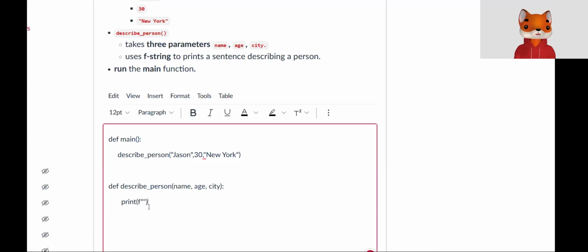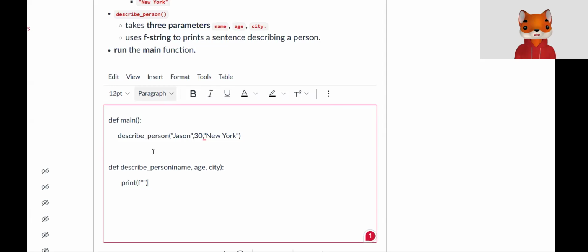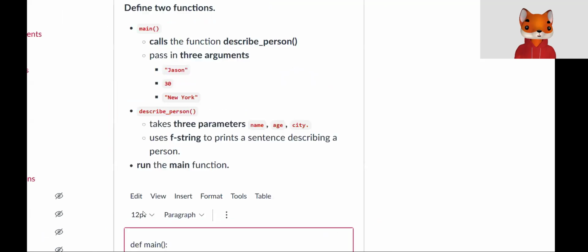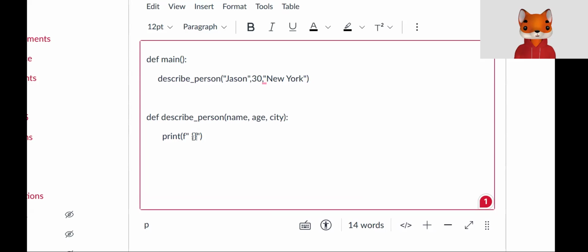All right, and then what we're going to do inside of here is we have to now see, now that we've taken in those 3 parameters, that those 3 arguments are here. Now the next thing it says to print a sentence describing the person. So here I'm just going to put a placeholder. I'm going to zoom in a bit, and here we're just going to put name, and we're going to just say in front of open close curly braces, hello name,